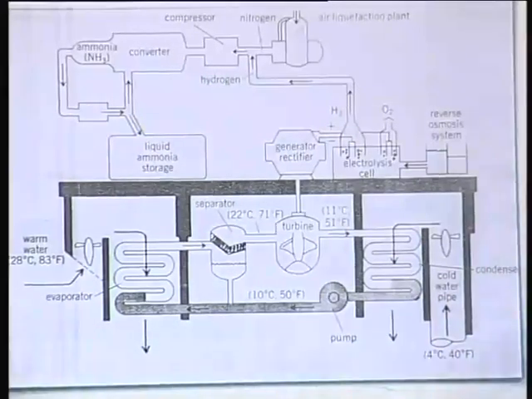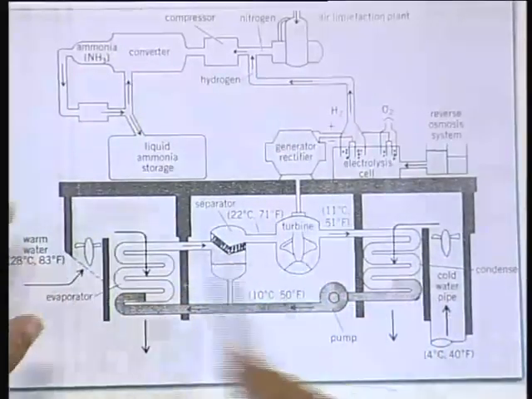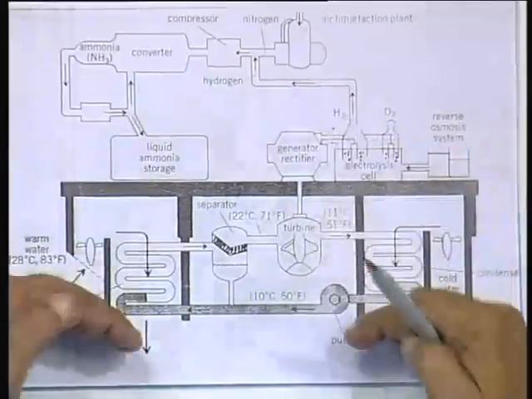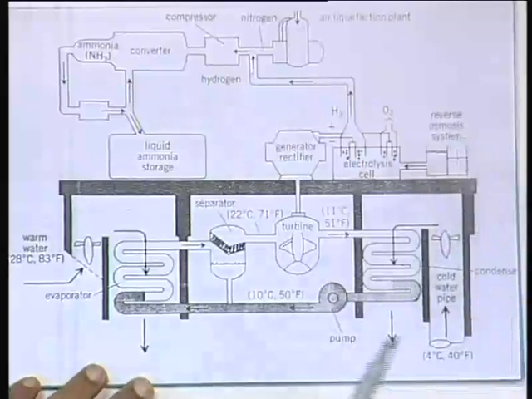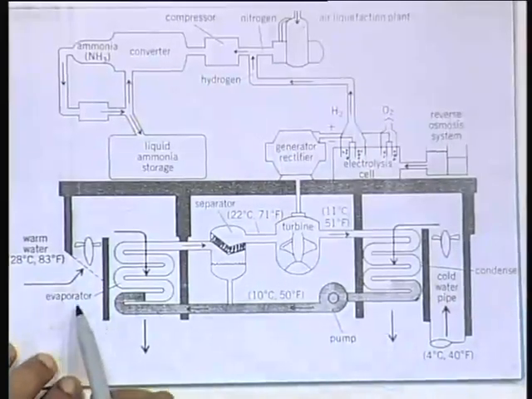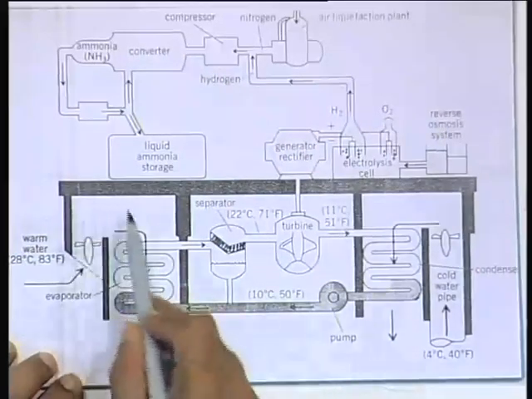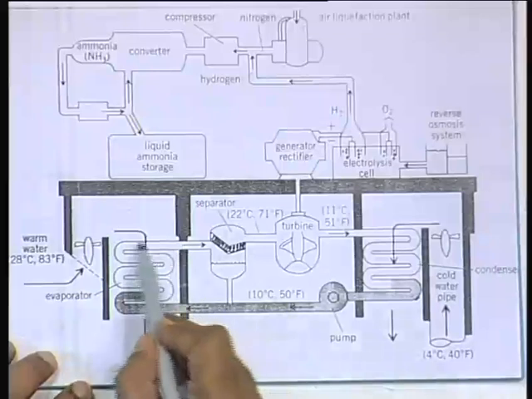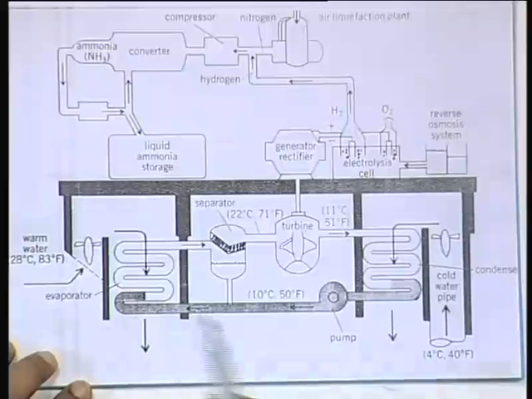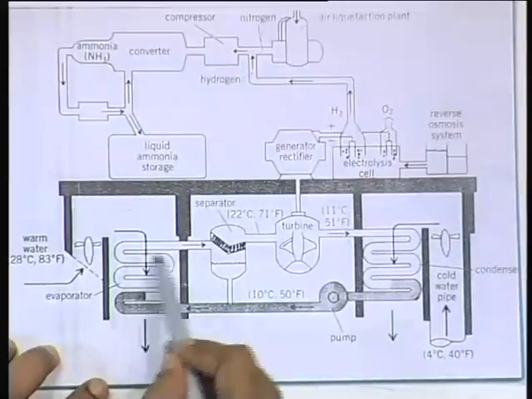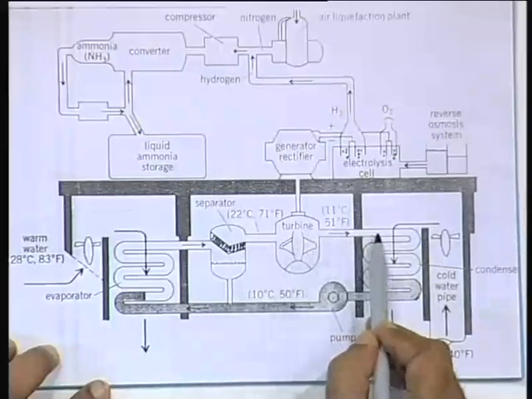So, here you see, here is the platform. Below this you have the power generator and above this you have the industry. And as I have just shown, this is the place where the warm water comes in. This is how the warm water goes out, okay, again discharged into the sea. This is the boiler part. Up to this it has shown that it is liquid and then it becomes gas, and here it is separated, it goes to the turbine,